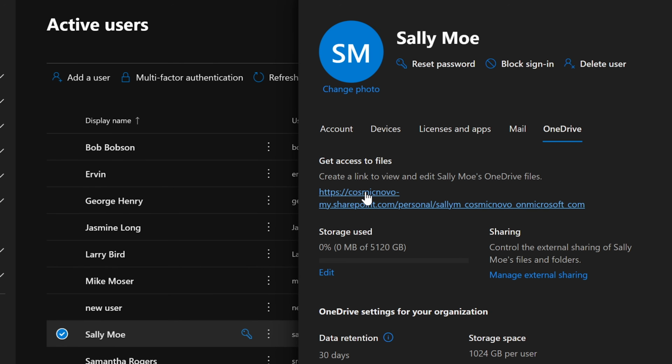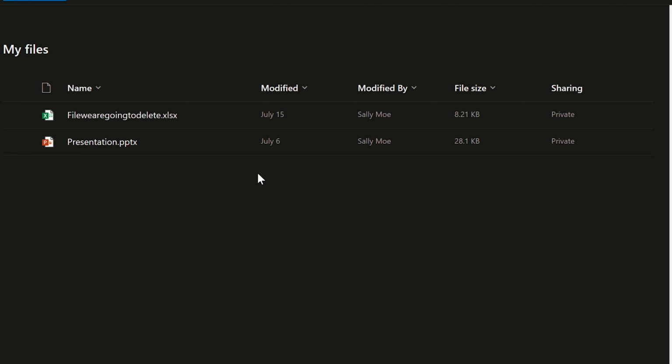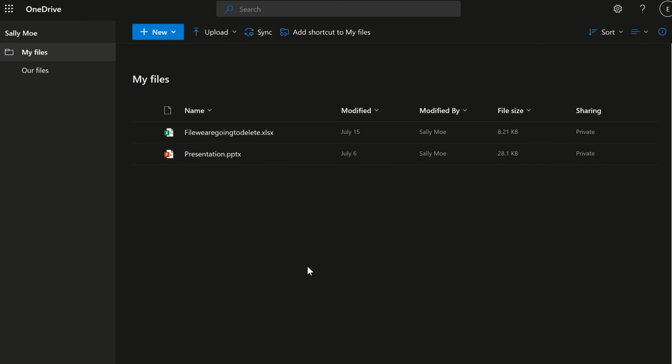Then we're going to log in as them, or you don't have to, with admin privileges, you don't have to type in anything. But this is what her OneDrive looks like. So if she deleted something, it's going to be in here, and then we can restore it. And normally there will be a recycle bin here, but in this case it's not. If you get this issue, you can still access it a different way, and that is done